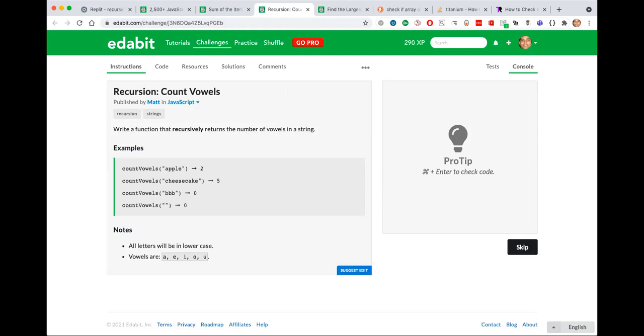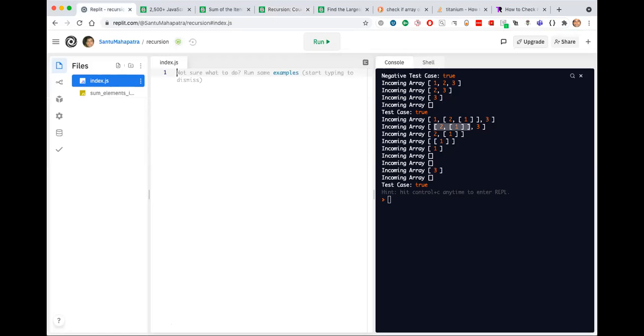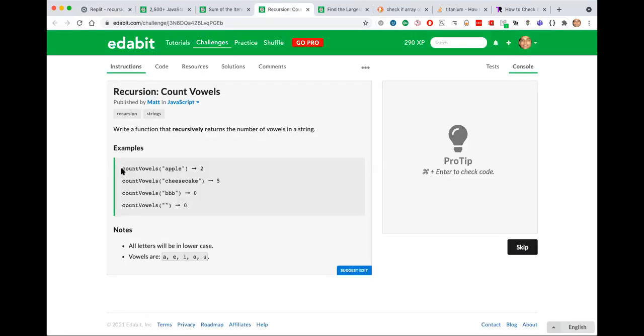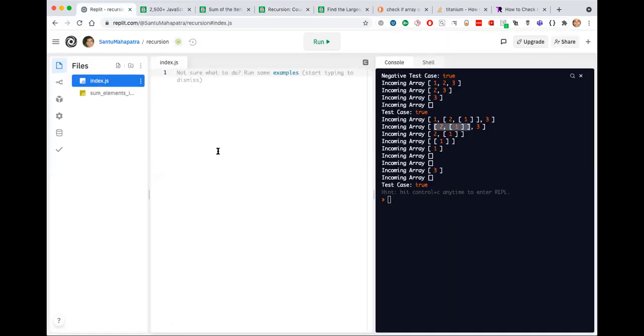Take substring after checking each letter, update a counter. Fine. If substring empty, counter returns 0. Cool. Fine. So let me try to type this out. First, let me get the test cases in order.